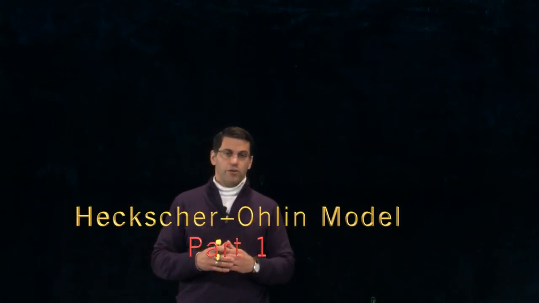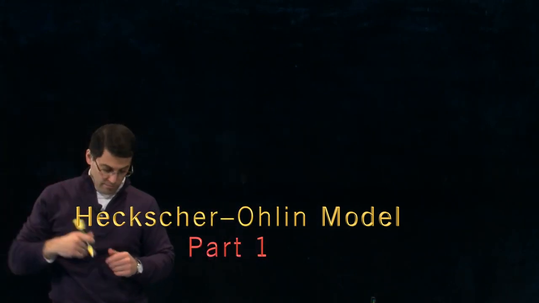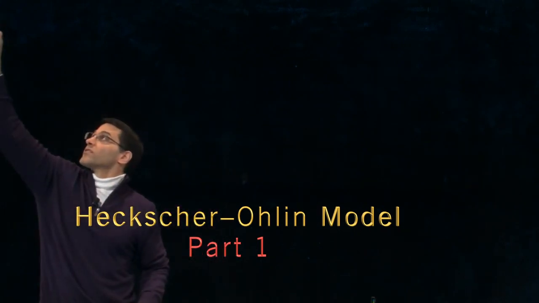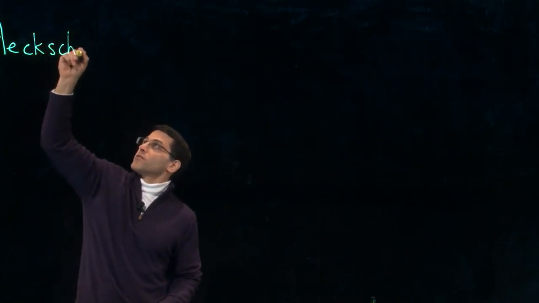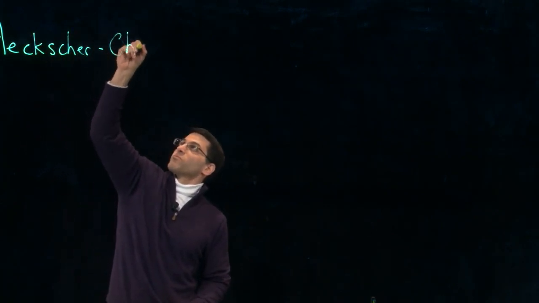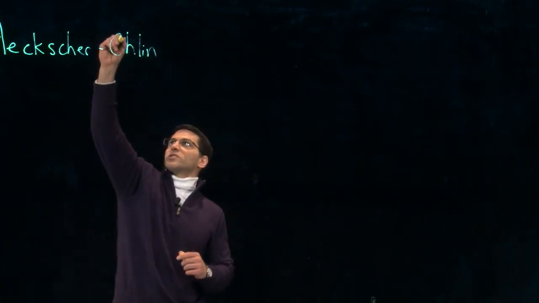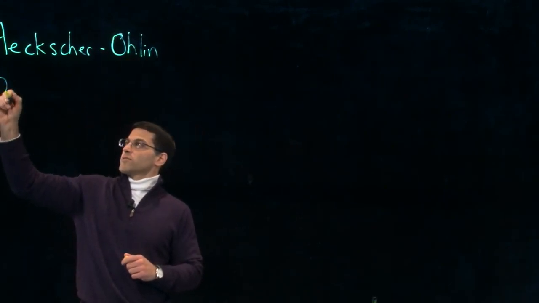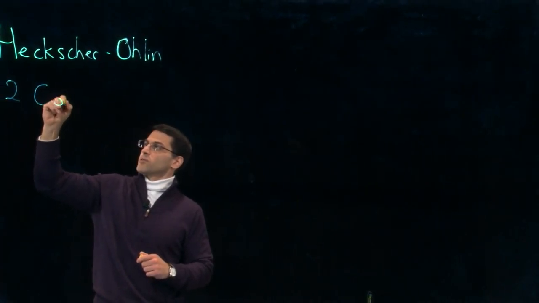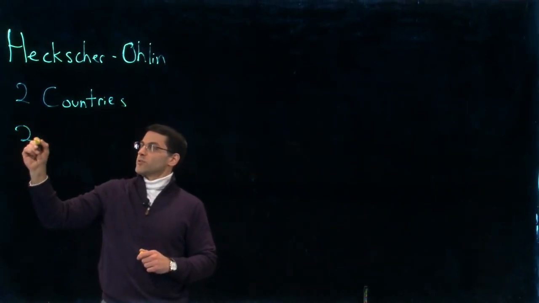In today's video, we're going to discuss the third of the old trade models. This one is called the Heckscher-Olin model. Now, this model is going to be different in setup from the other two, in that, once again, we'll have two countries and two goods,